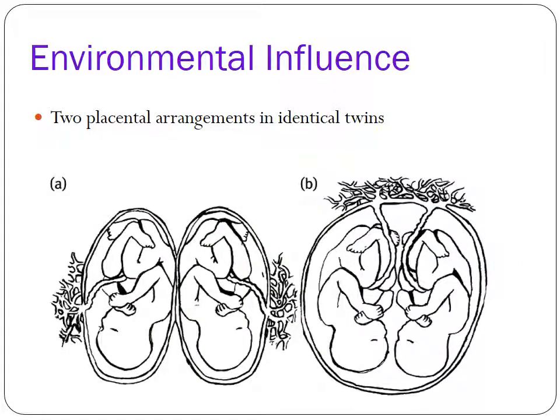And here are the two different arrangements. Fraternal twins always have the two placental arrangement because they came from two separate eggs. But if it was two twins in this arrangement, if they have the same placenta, they probably grow evenly. If they are not sharing the same placenta, you may have heard about one twin outgrowing the other or being the bigger twin, and that might mean that they just had better placental arrangement, meaning that they had better access to nutrients.